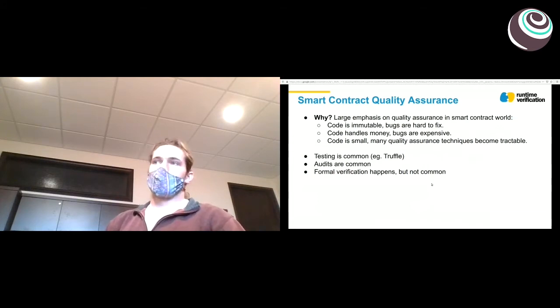The code handles money, so bugs are expensive, and the code is small. So there's a lot of heavyweight quality assurance techniques that wouldn't be feasible in other realms that suddenly are feasible or even commercially viable. You don't even have to apply for a really expensive government grant or something like that just to verify a few thousand lines of C code. Here, it's actually feasible for companies to pay for verification